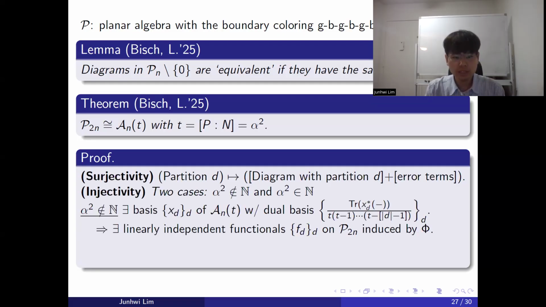For injectivity, we divide into two cases: the case where alpha squared is an integer and where it is not. For the non-integer case, we have a basis of the partition algebra whose dual bases have a planar algebraic description. And by applying phi to this